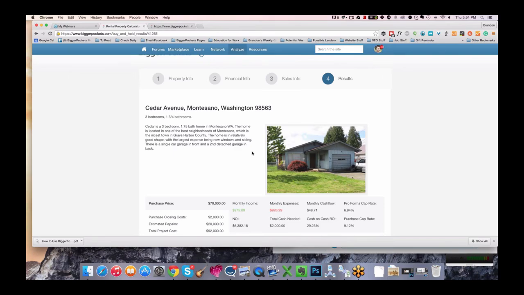Imagine you bought a rental property or you bought a flip and you forgot one number. You forgot closing costs. Just slipped your mind for some reason. But the closing costs were $6,000. That could throw off your entire investment plan for the entire thing. Or let's say you forgot one of the rehab budget items or something like that. If you forget these things, it can make a drastic change. You might end up buying a terrible property.